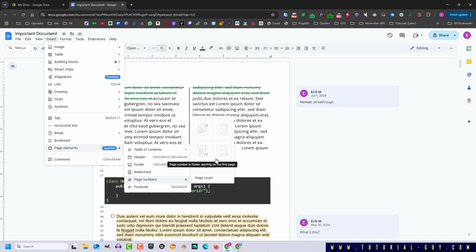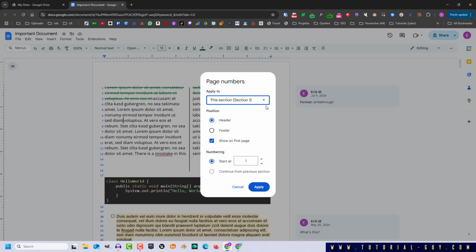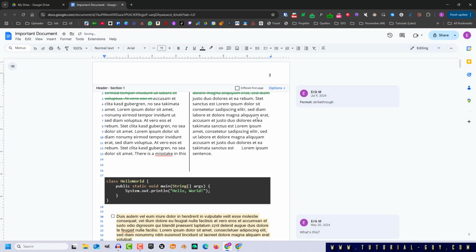I can decide whether I want my page numbers at the top, in the header or the footer. I also can decide if the counting should start on page 1 or page 2. We can also choose more options, but that's nearly the same as the buttons. Additionally, you can start here with a different number or on which section these options should be applied to. For now, these settings are okay, so I click on Apply, and here are my page numbers as we can